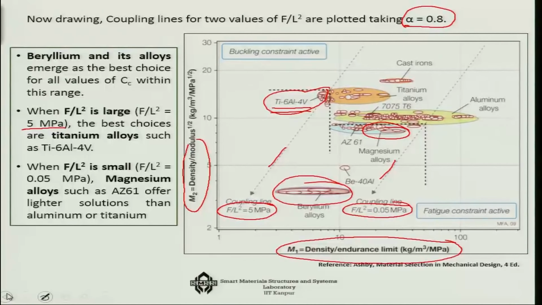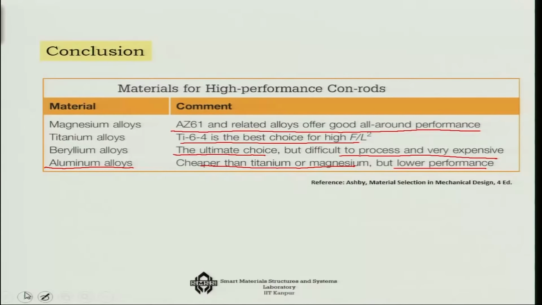As you can see here, aluminum alloys are somewhere in this region. For the low pressure values, they are not bad, because some good quality aluminum alloys can indeed satisfy our criteria, but of course aluminum is expensive, but in comparison to titanium or magnesium, they could be cheaper, and their performance is lower. Titanium gives you the best performance, at least in terms of the buckling parameter. So this is our final conclusion, and we can